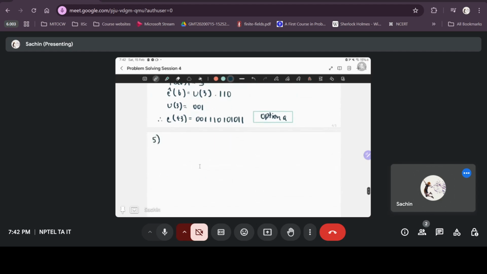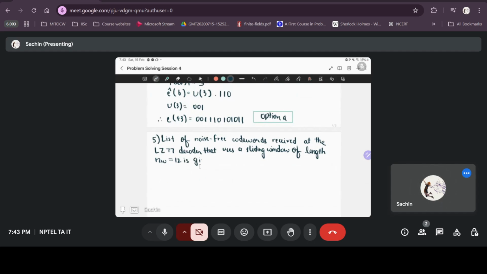Question 5. List of noise-free code words received at the LZ77 decoder that uses a sliding window of length NW equals 12 is given by